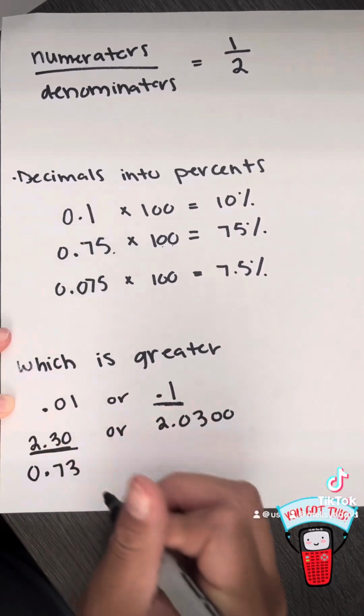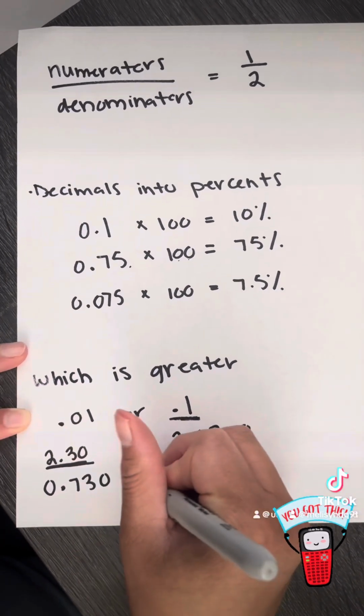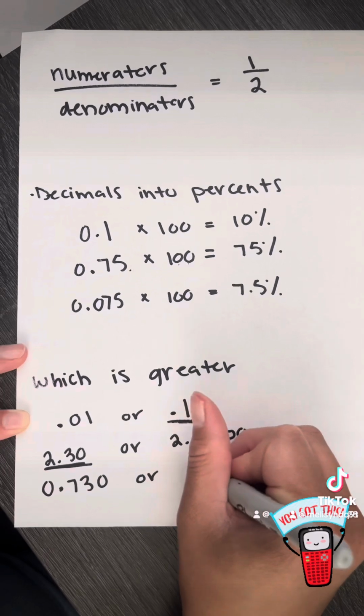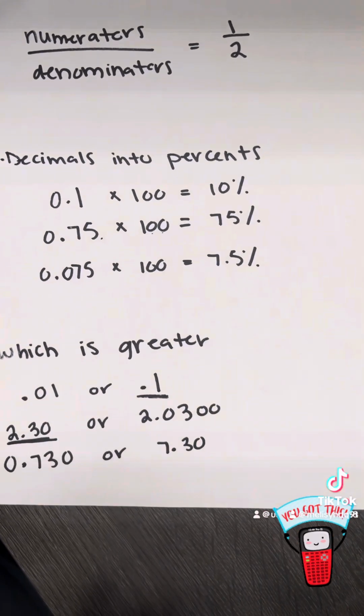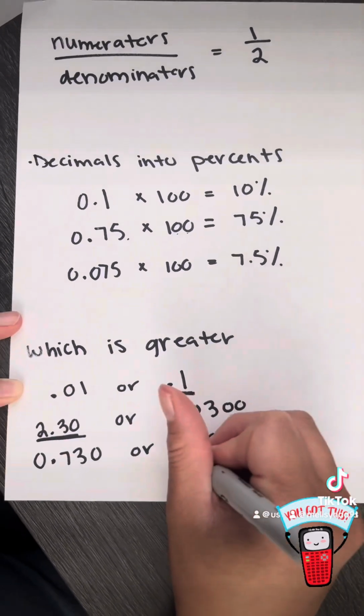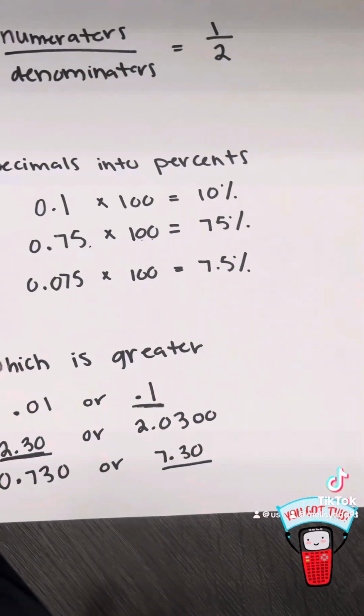Okay, for this next number, we have 0.730 or 7.30. Again, they look very similar, but in this case, we're going to look at the whole number spot. Okay, 7 is greater than